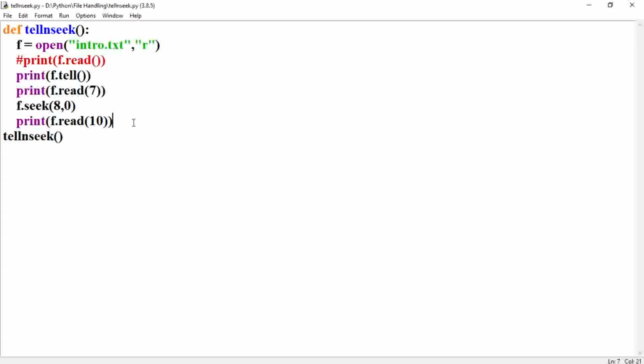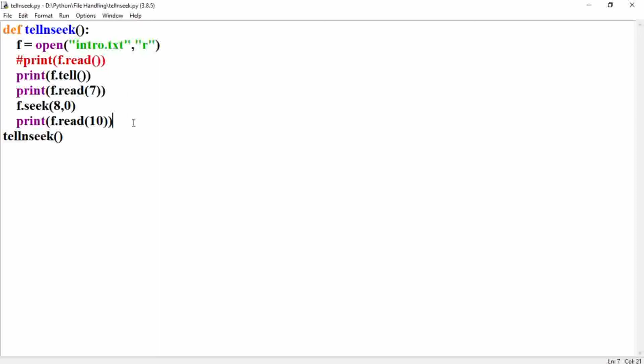Basically in a text file, content modification is not allowed in the same file, but you can do it by replacing it with another file. So from the next video, I will teach you how to replace contents in a text file. Suppose we are searching for something in this text file, how to search that, how to do a particular update if you want to replace something. That is not allowed directly, but you can use some tricky logic and follow that one.